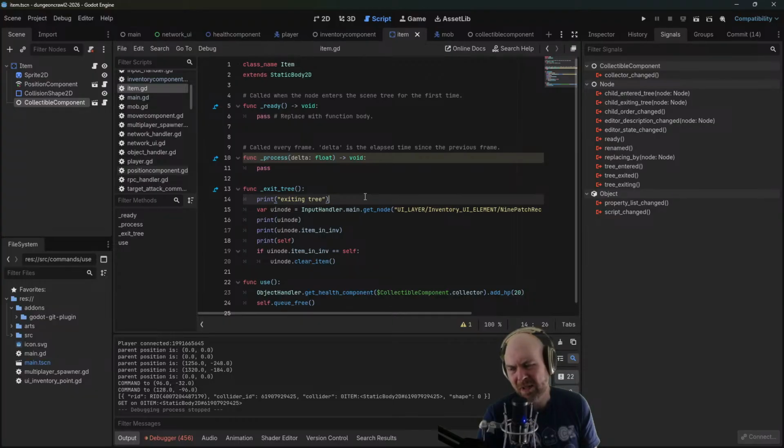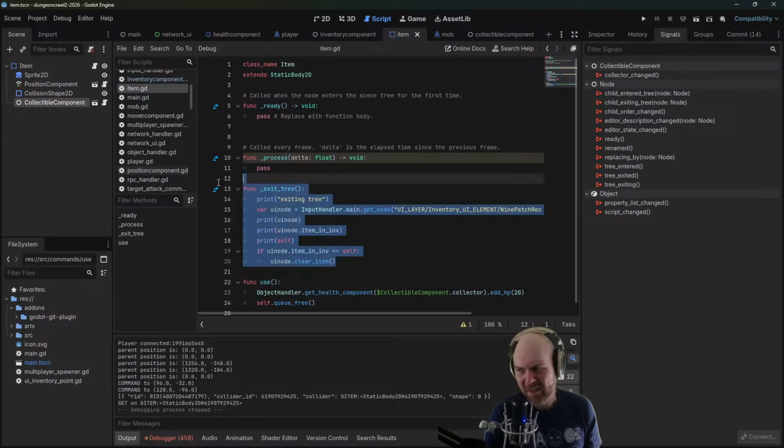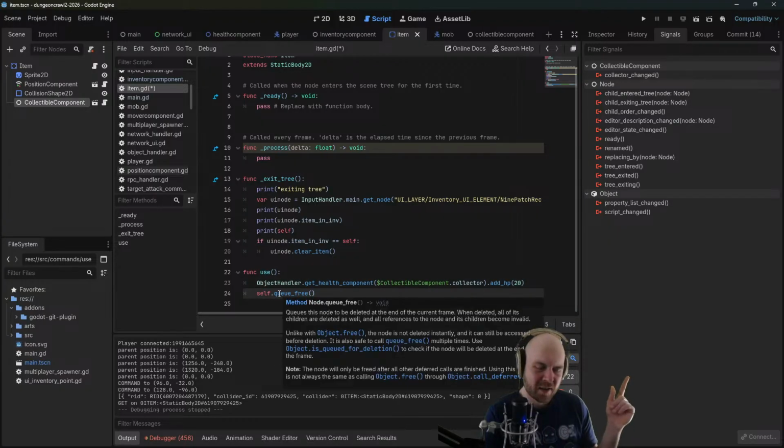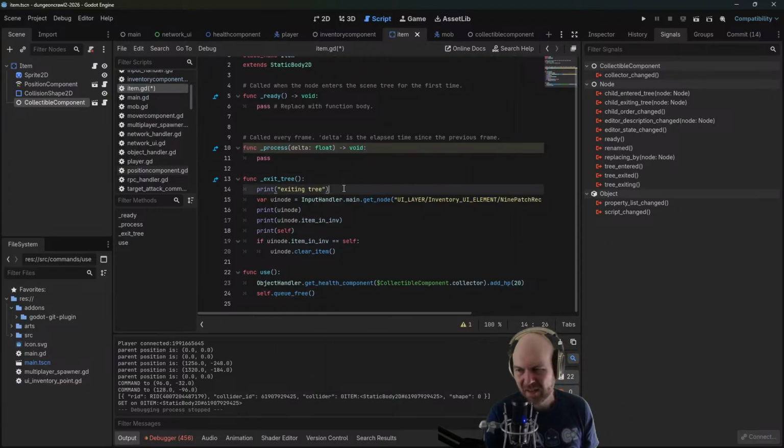So what we could do instead is, first of all, get rid of this. No, that's not true. This is being called from the server. So I was hoping that calling this would trigger all of the clients. And that doesn't seem to be happening. No, wait, it is happening. This is getting triggered. It's just